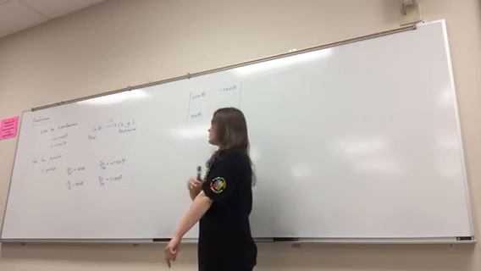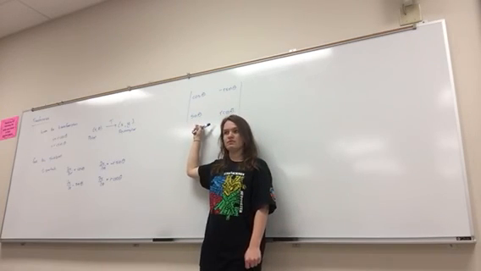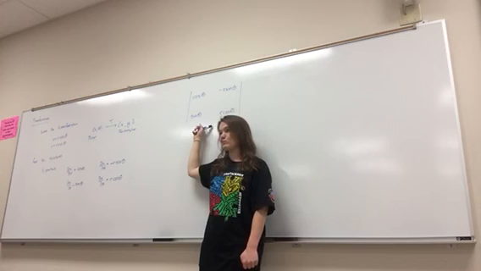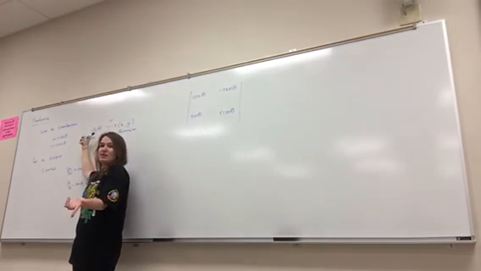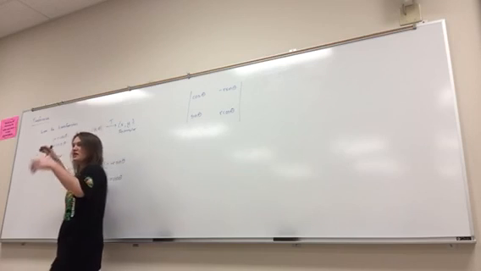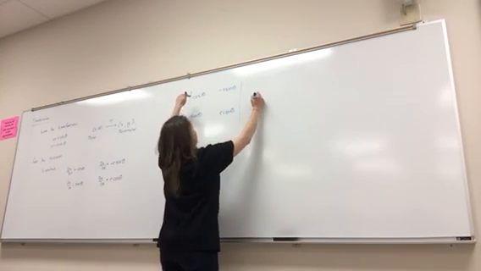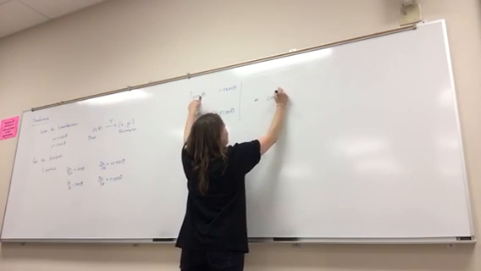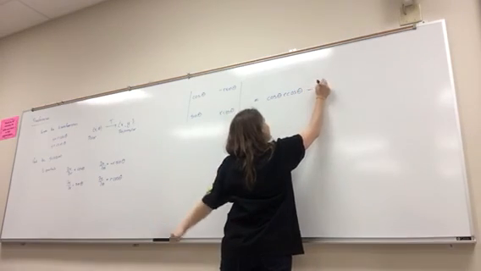How did I know I was going to put the partials with respect to r in the first column? We have polar coordinates, and polar coordinates have the first coordinate being r. So all we have to do is take the determinant of this. The determinant is going to be cosine theta times r cosine theta, minus sine theta,